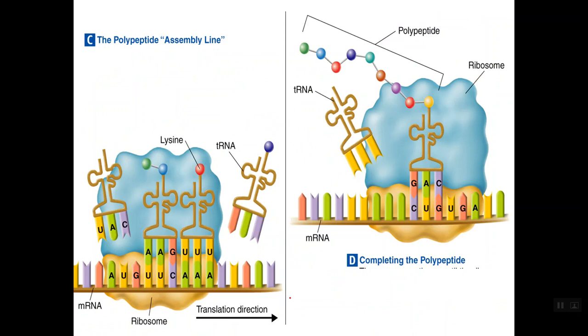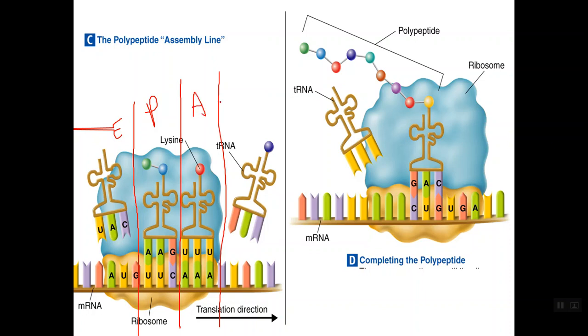So here's how the protein is actually assembled. There are 3 sections to the ribosome. There's the E section, there's the P section, and there's the A section. You don't have to know this. This is a little bit of additional info, but you should understand the process. So the tRNAs enter at the A region. The anticodon and the codon match,